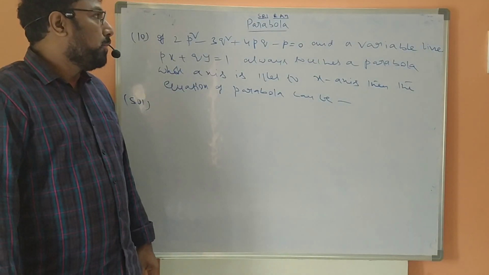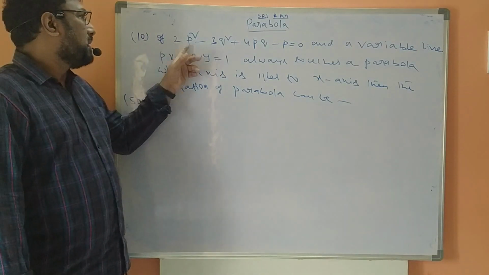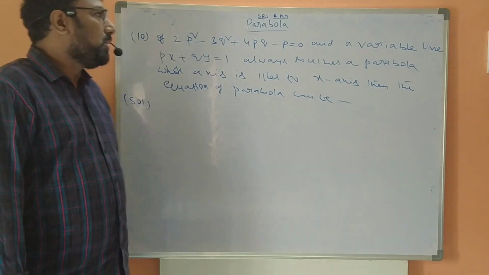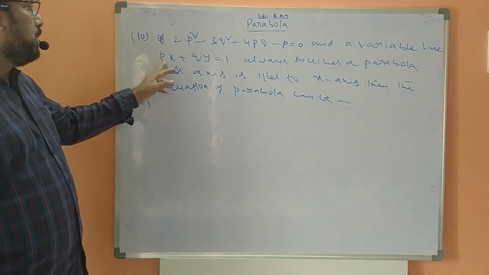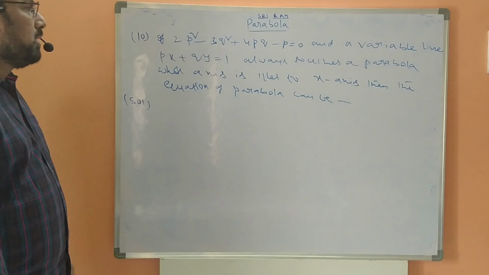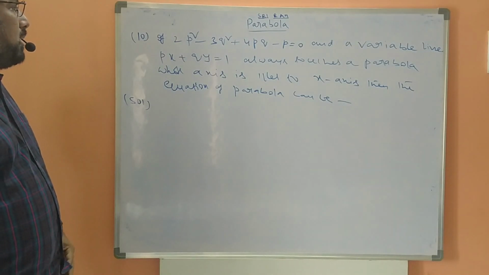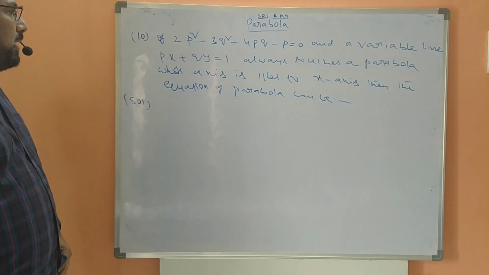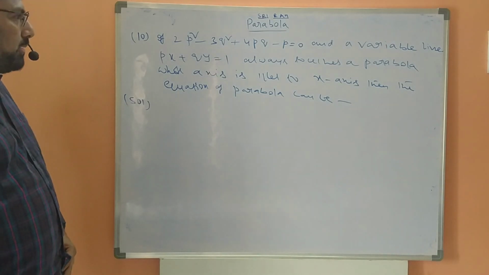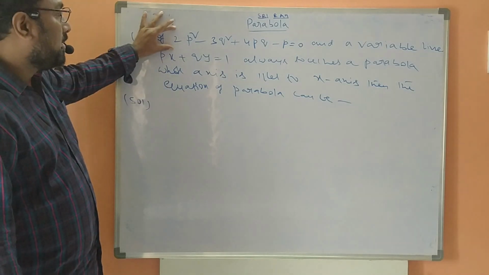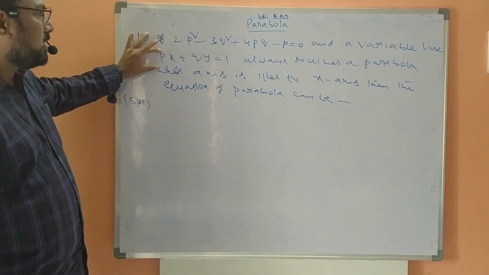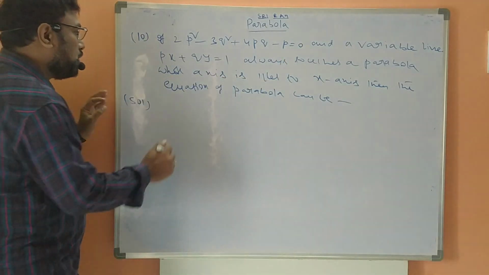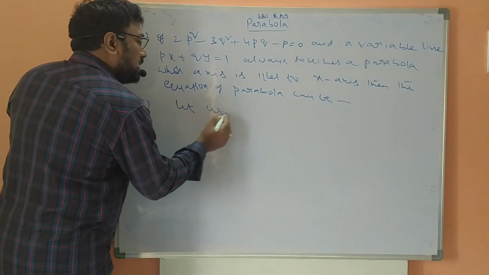Now, the 10th problem is: if 2p square minus 3q square plus 4pq minus p equal to 0 and a variable line px plus qy equal to 1 always touches a parabola whose axis is parallel to the x-axis, then the equation of the parabola can be. Okay, it is a given condition, and the line touches the parabola whose axis is parallel to the x-axis. Now let us take